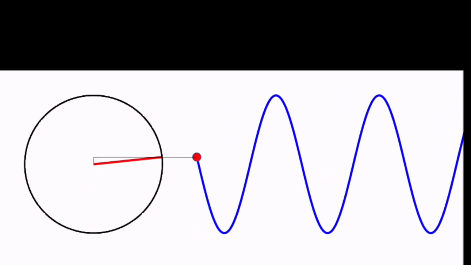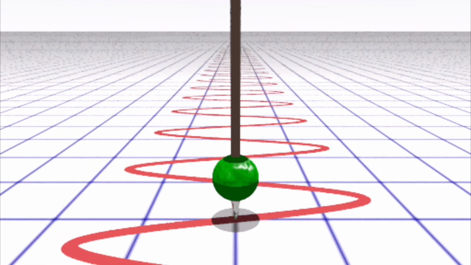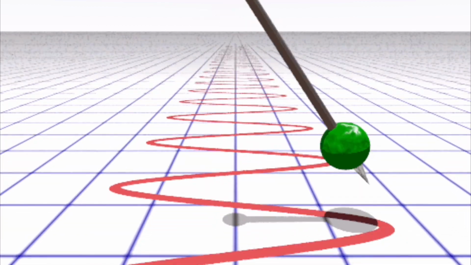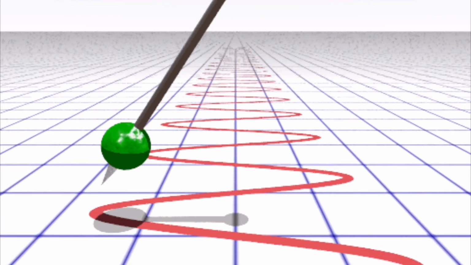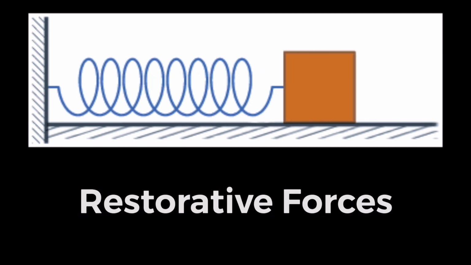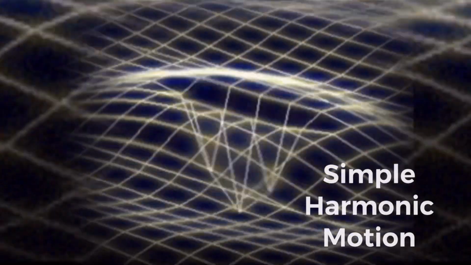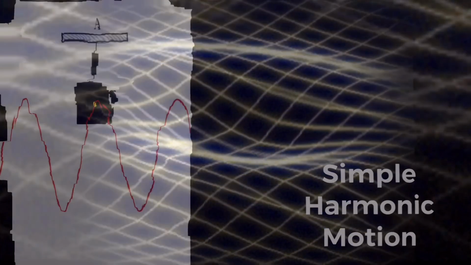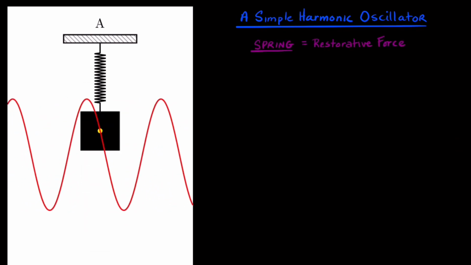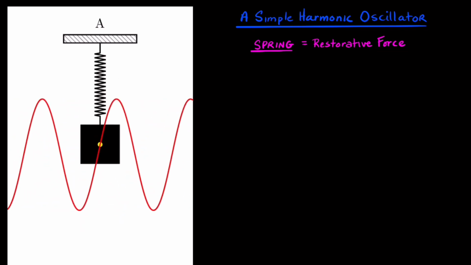And to illustrate a mechanical example, we consider a mass attached to a spring. You see, a spring is a restorative force, and it is one of the best examples of simple harmonic motion. So a simple harmonic oscillator, given by a spring with a mass attached to it,